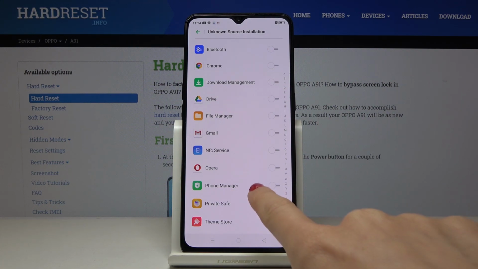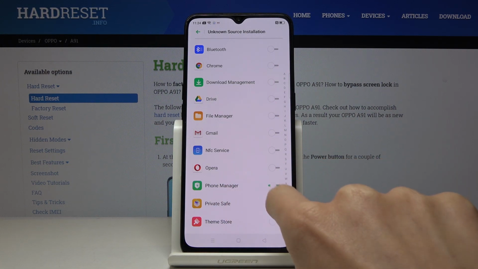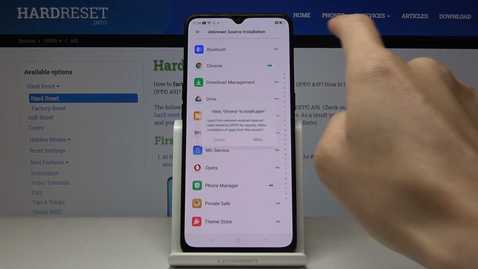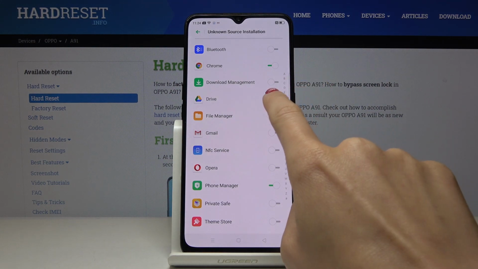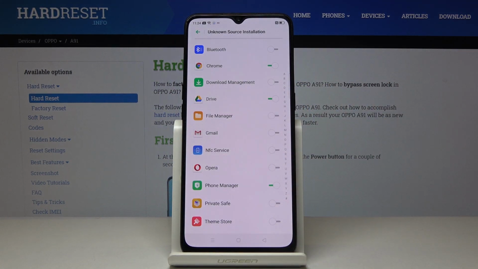Let me choose, for example, Phone Manager, and then tap here to allow. You can do the same for Chrome, Google Drive, and this is how you can allow to install some apps from those sources. So this is it, that will be all. Just pick the application that you would like to give this permission to, mark it, make the indicator active, and